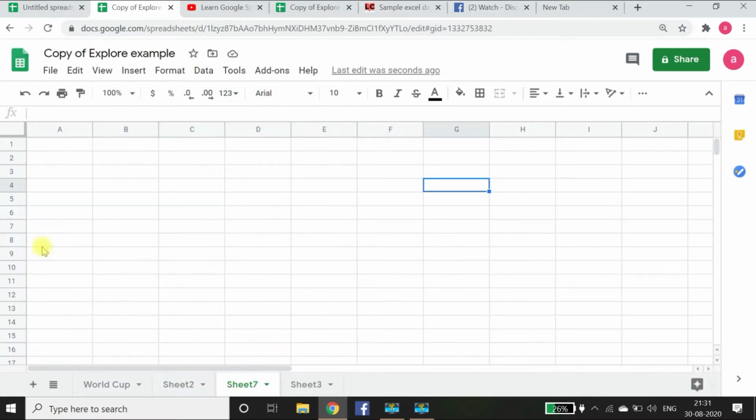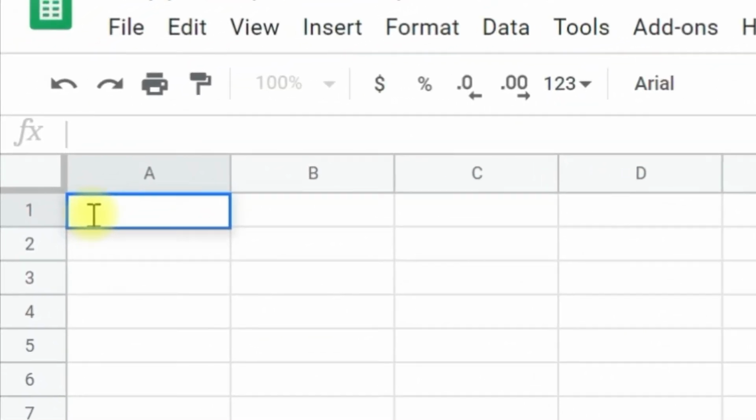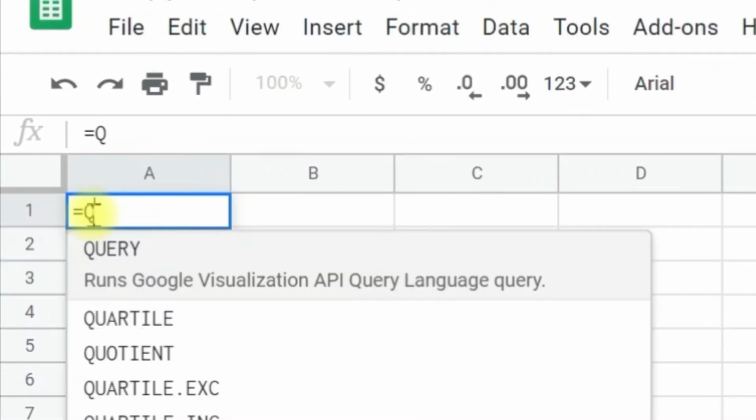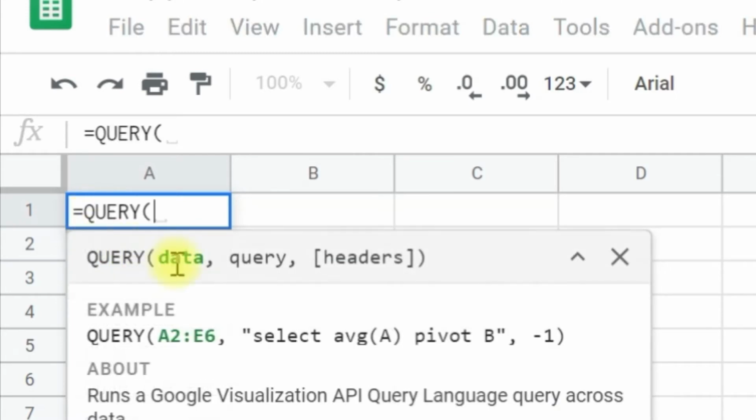We'll go to sheet 7 and here we'll write =query, and as soon as we press query we'll see three types of entries. First is data, second is query, and the third is header.